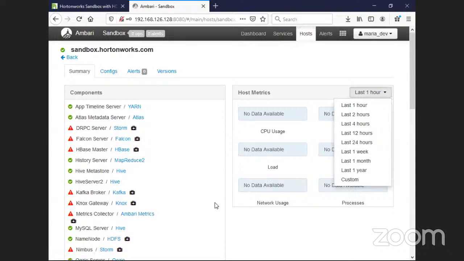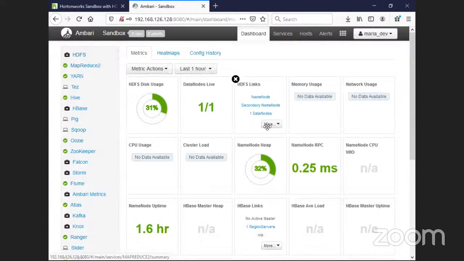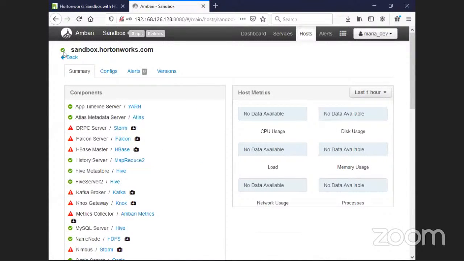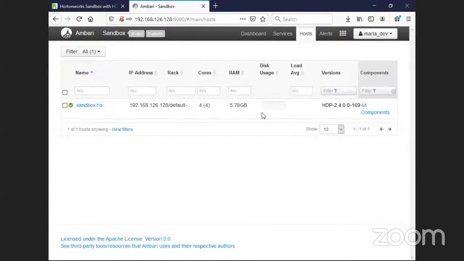Likewise, you can get various metrics about that particular parameter. Similarly, secondary name node, and similarly, you can go for data node also. If you want various metrics about data node, then you can use this link,